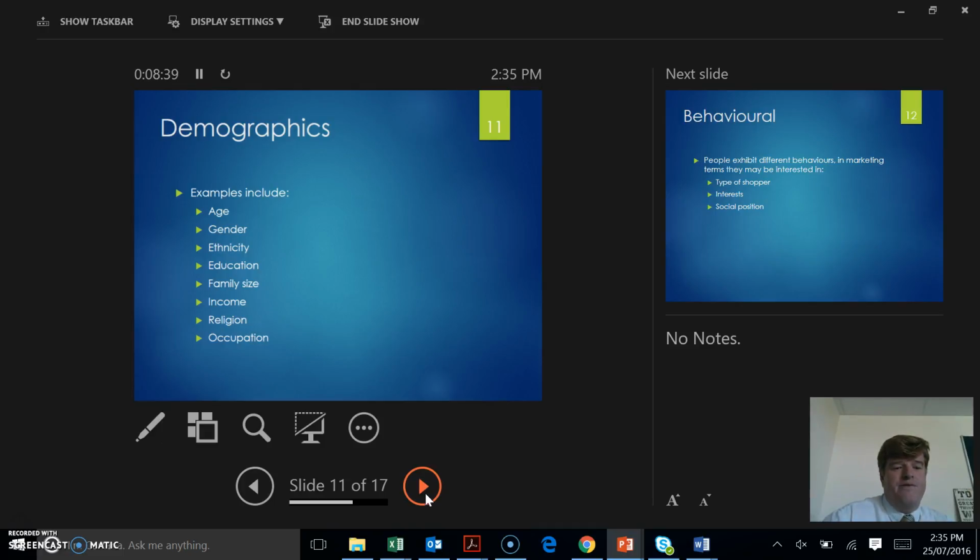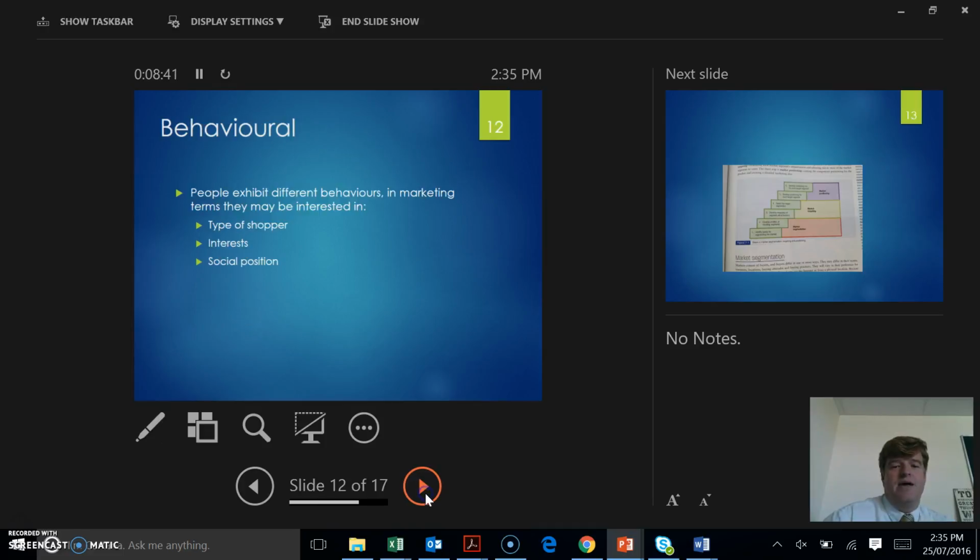We moved from demographics, the next one was behavioural. So you might be looking at different types of shoppers, right? Shoppers who are impulse shoppers. You might be looking at shoppers who buy online. Might be interests. Okay, talked about football as being an interest. They might have an interest in cooking. Hobbies are a great one.